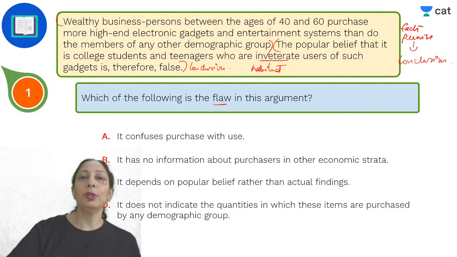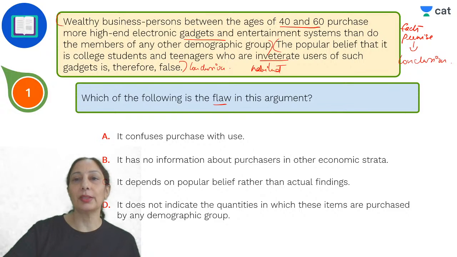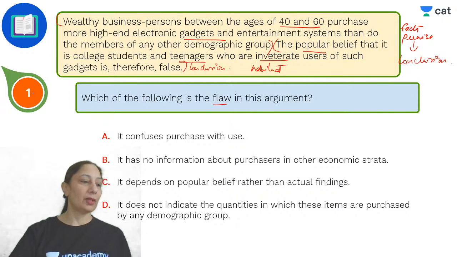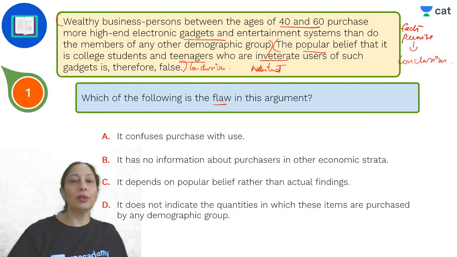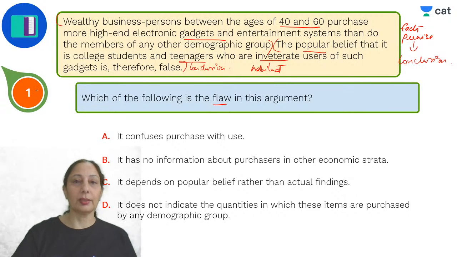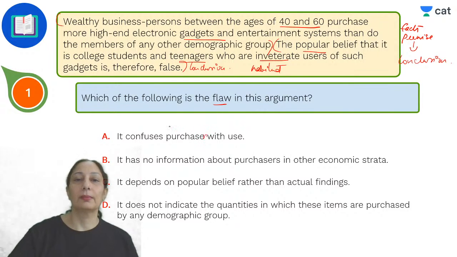So he's saying the people who are purchasing electronic gadgets and entertainment systems are in the age group of 40 and 60, but we popularly believe that it is the teenagers who are buying these gadgets. Right? Yes. So what do you think is the answer here? It should be purchaser, guys. Purchaser with